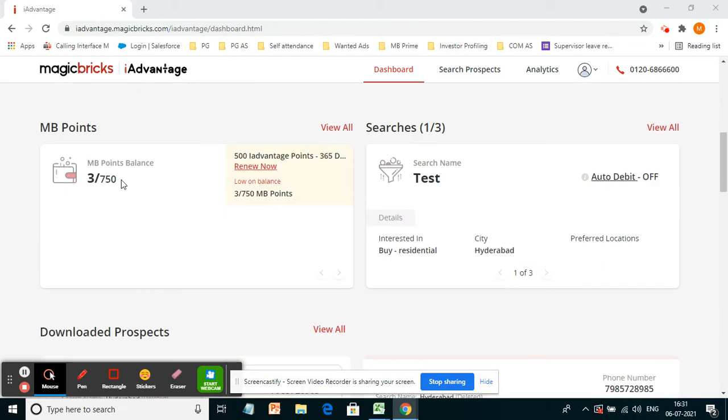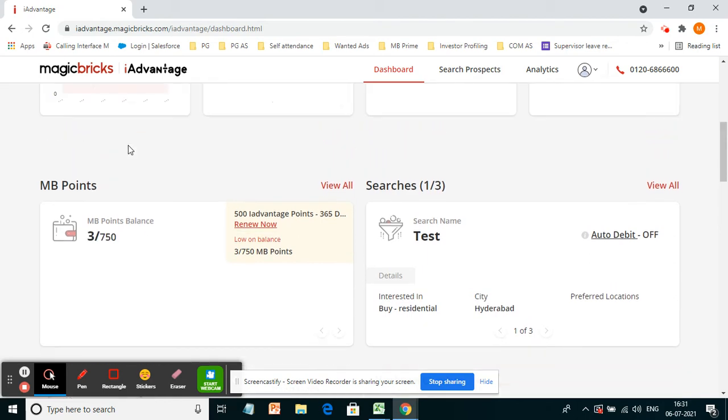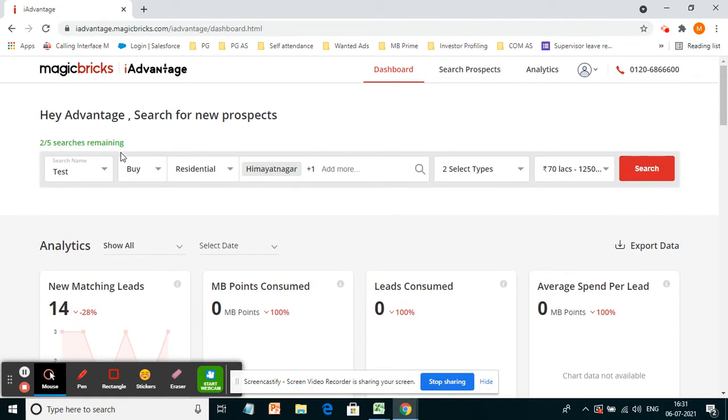Initially, you can see the MB points, which says 750 MB points are remaining, out of which I have consumed 3 MB points. Okay, so now if I want to search for